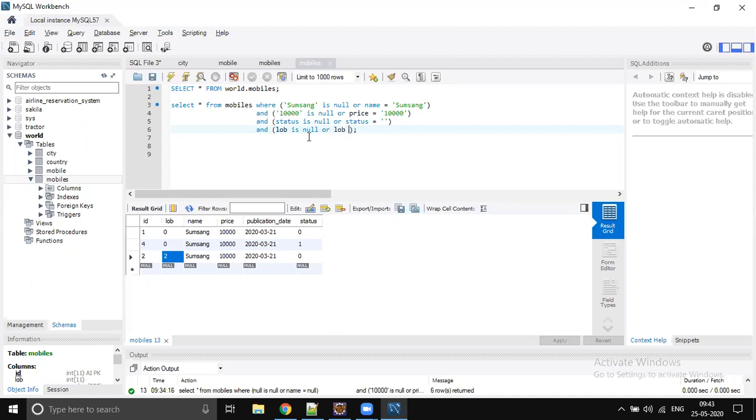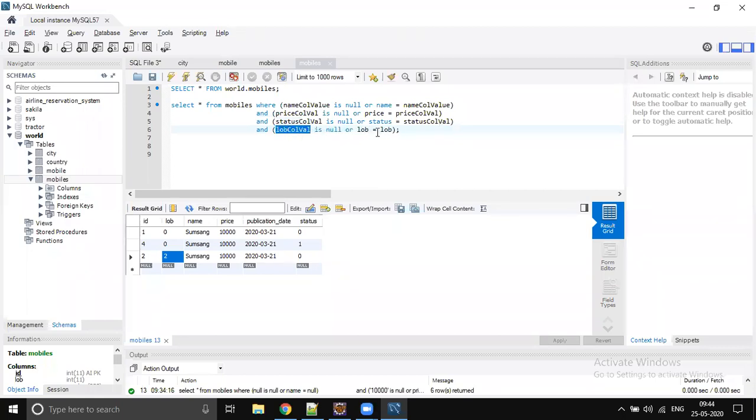So LOB equals some value, LOB equals LOB. Let's put the things back. I'll mark this as name column value. This is what we're going to pass. Now you get a better idea. Price column value: if the price column value is sent, the value will be populated. Otherwise, it will be populated as null. Status column value, it's the same here.